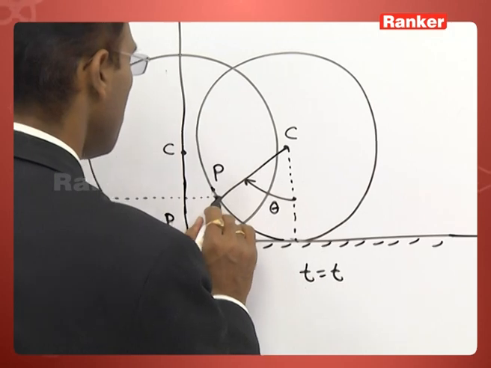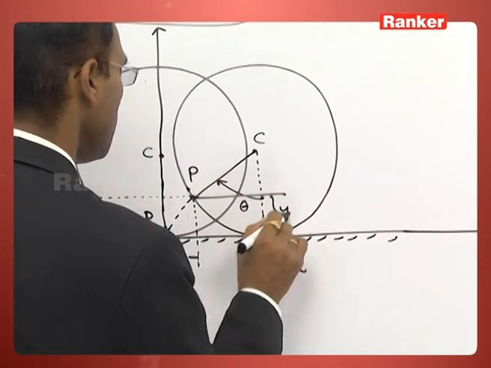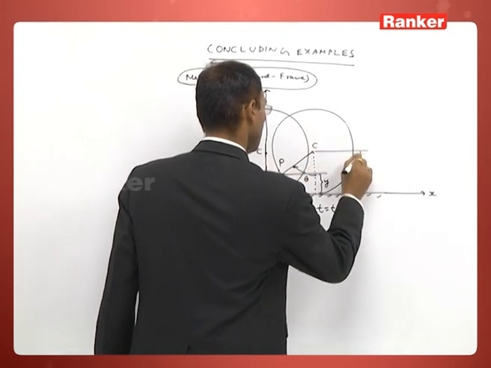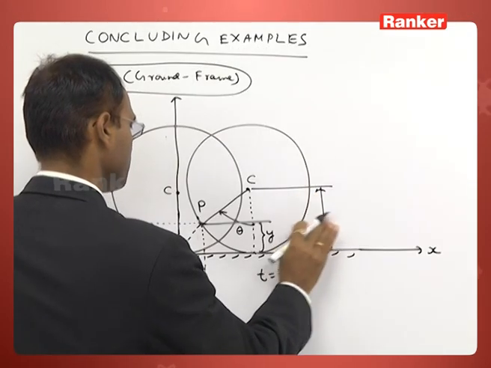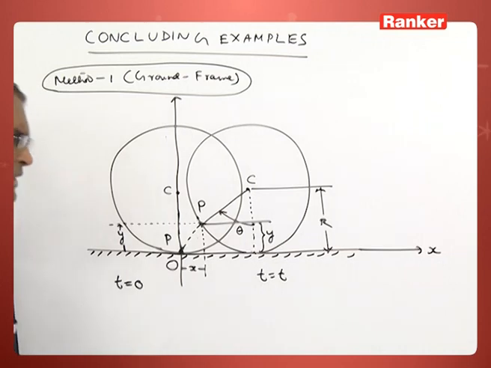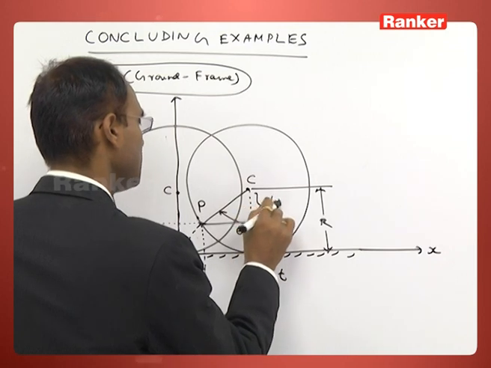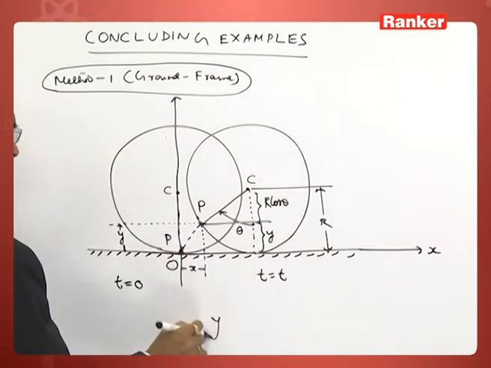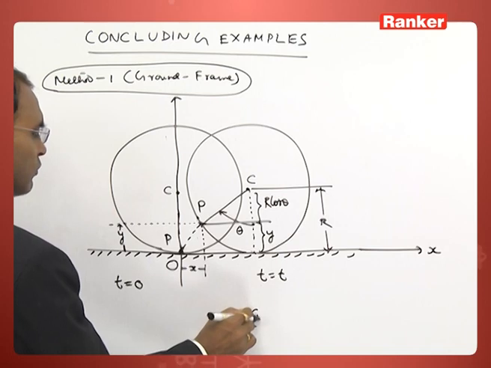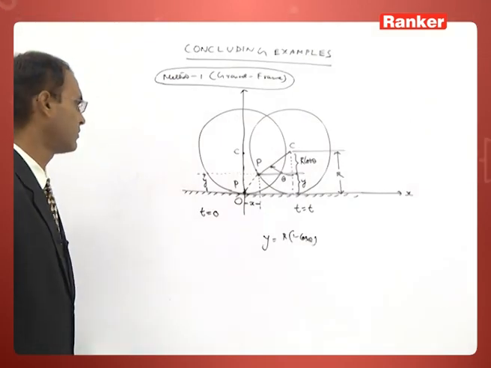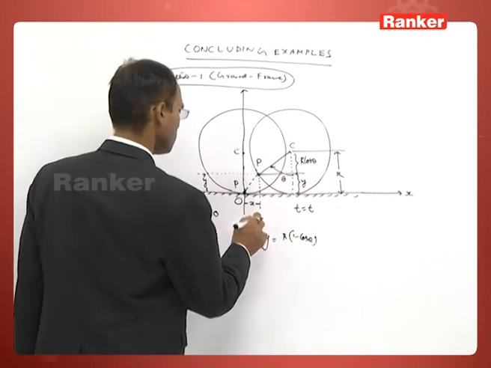So you can call this y and this x. Since this distance is none other than the radius of the cylinder, and this is r cos theta, y can be written as r into 1 minus cos theta, and x is equal to